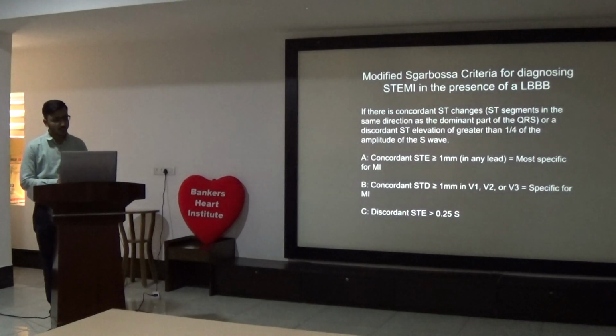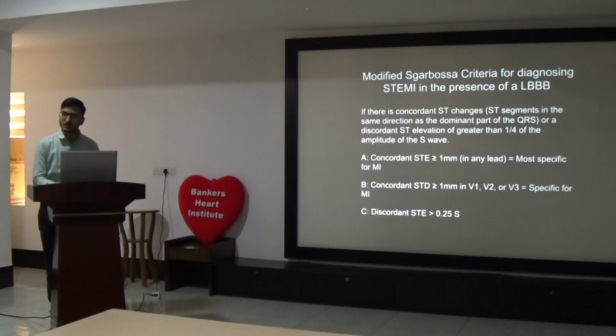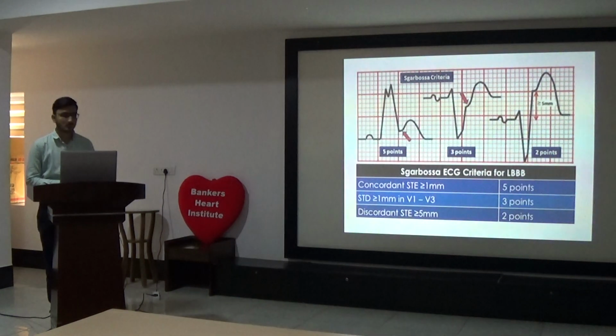So modified Sgarbossa criteria for diagnosing ST segment elevation. Go back to that slide. Previous. Yeah. So the first image, is it of LBBB or RBBB? Sir, RBBB. So the point should be the criteria for MI in case of bundle branch block, not LBBB. That is LBBB only, that is V5, V6. It is V5, V6 LBBB. So generally V5, V6 will not show positive QRS when there is an acute anterior MI or something like that.